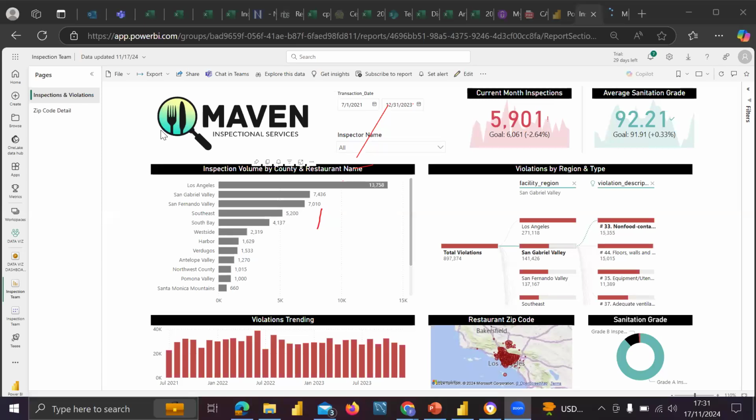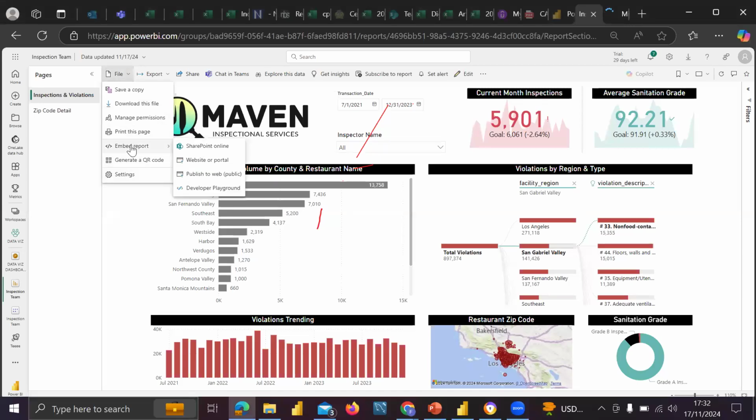So I can as well decide that, because I don't want people to see the violation by region and type that I've created, there's a way you can just hide this or create a dashboard. That's when the dashboard comes in. The dashboard that you're creating on the web is what people will be seeing. So that's what I'm saying. You should be very careful of what you are sharing to web. If you know that you'll be using your company's data or your company's work, you don't need to share it to web.